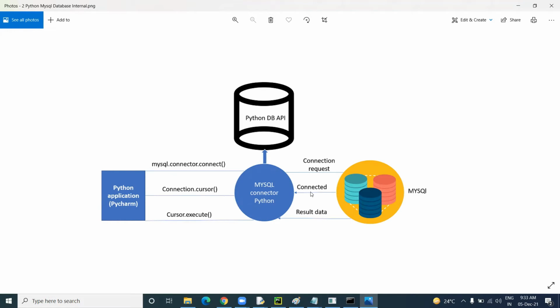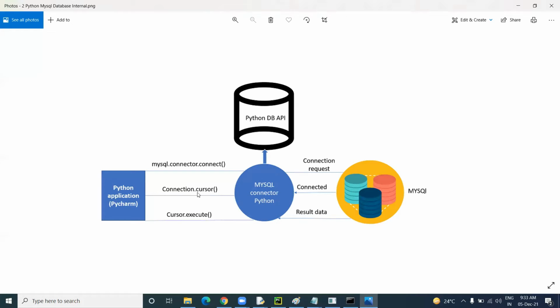Once the connection is established, if the login ID, password, database name and everything match, then it sends the connected feedback to the MySQL application using this cursor object.